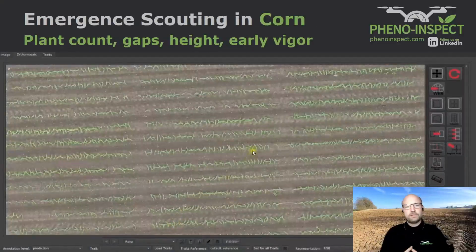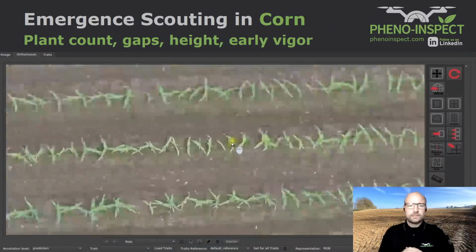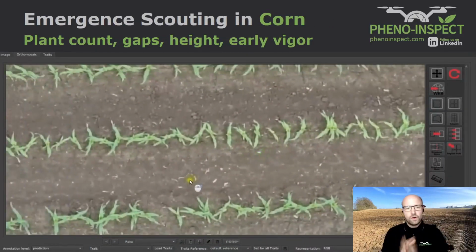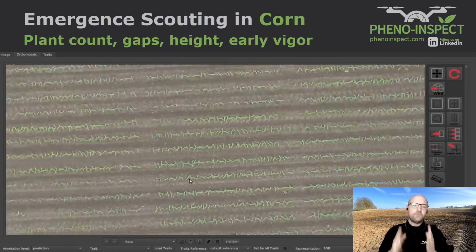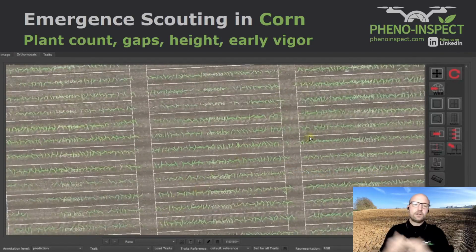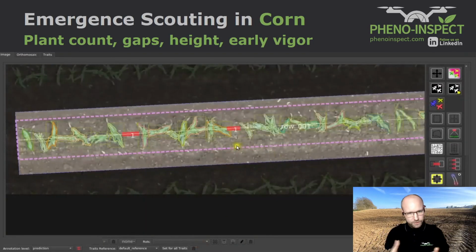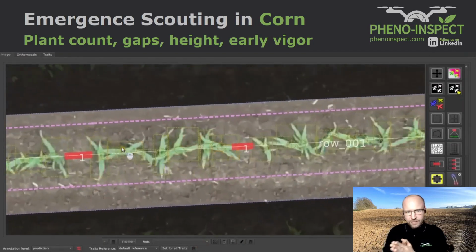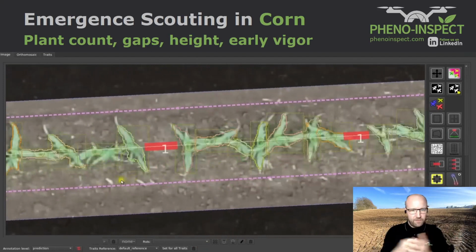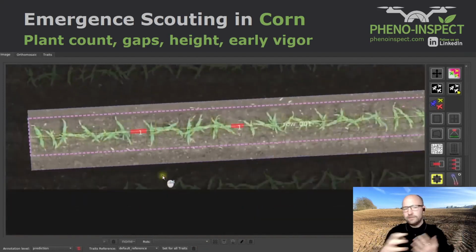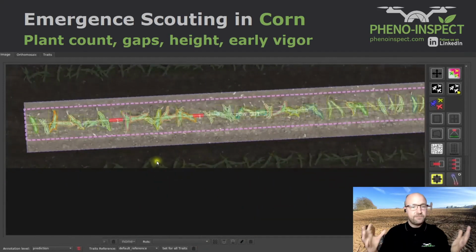So another example is here in corn I brought. So this is Emergence Scouting. So you want to know about the early vigor and want to compare different varieties. So in this case, we detect every single plant or every single object as usual. And then based on the single detection, which works properly, even if you have overlap or other occlusions or different disturbing objects in the field, different conditions,